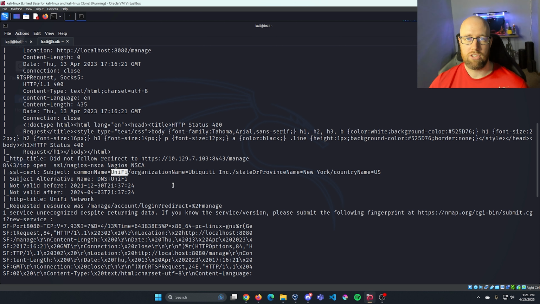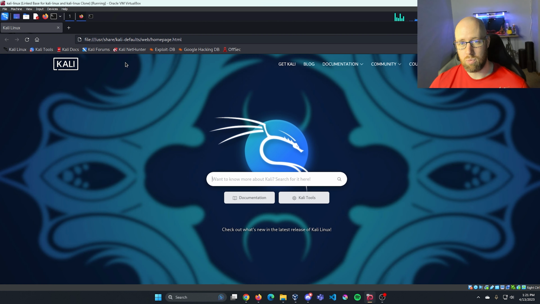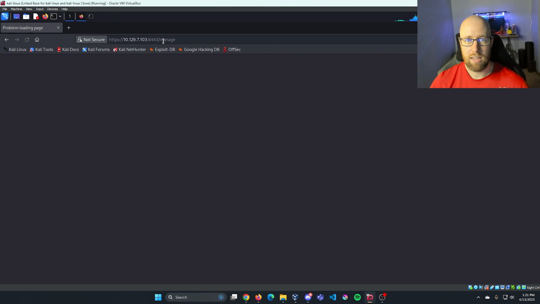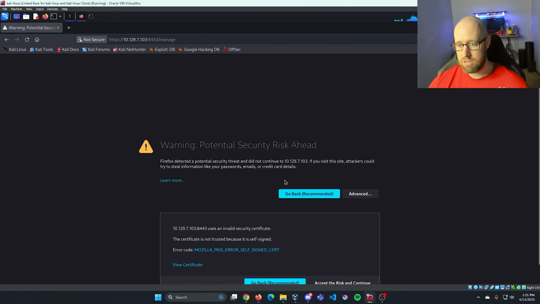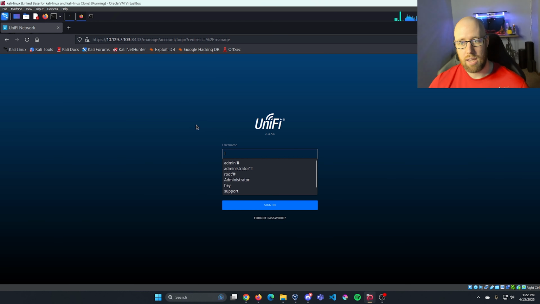And what Unifi is, is just a bunch of different routers, switches, access points, anything that is used for overall network connection. They're experts in that. But I'm actually curious what's on port 8080 here. So I'm going to open up Firefox and let's see what is available on the web interface. Let's paste in our IP address, go to port 8080. Press enter. It's going to ask us to trust a certificate, accept that,